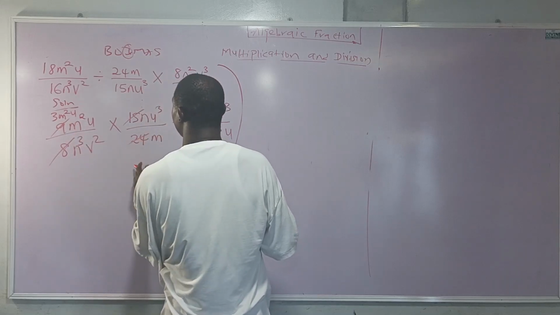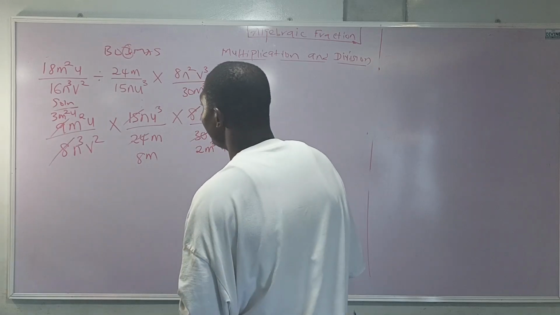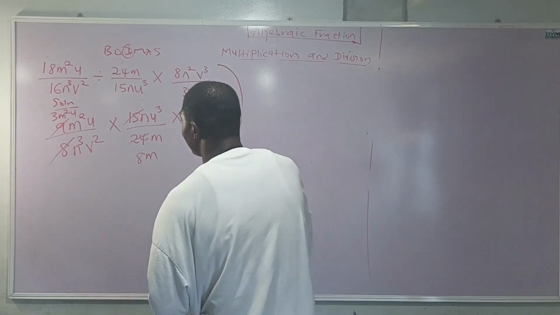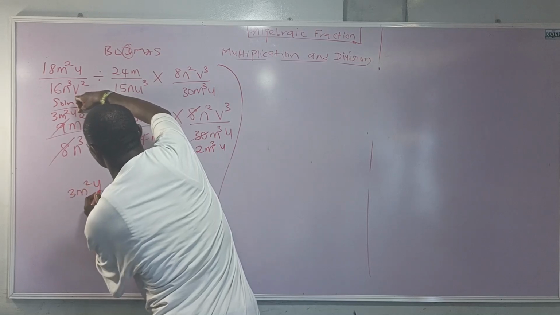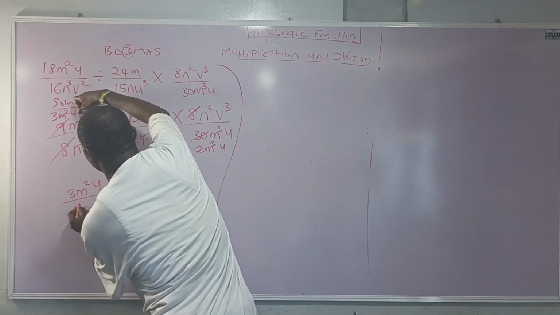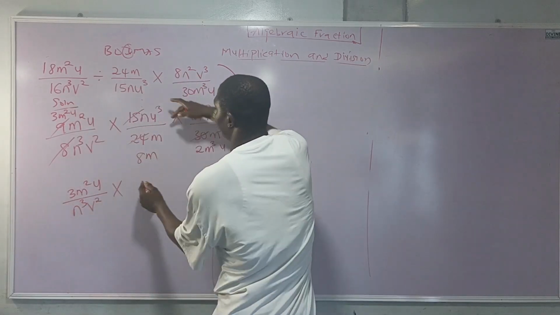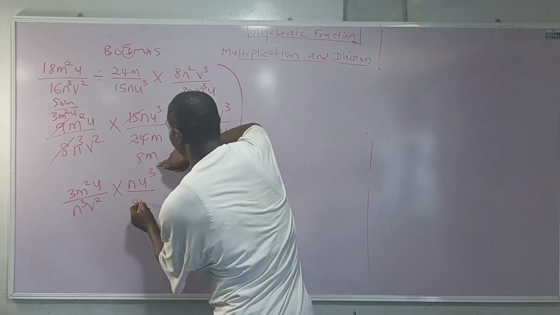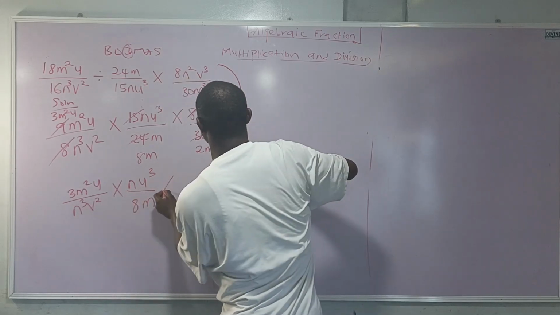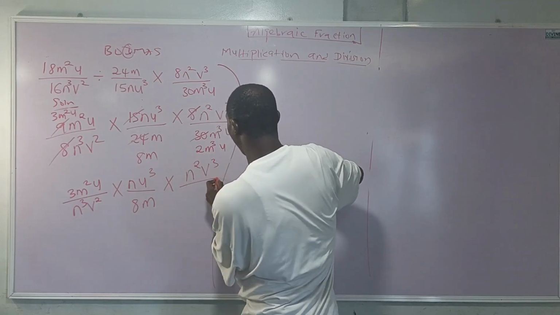And 3 here will give me 7, 8. 8 what? M. Now writing all of it the way it is, I will have 3m squared u all over n cubed v squared times nu cubed all over 8m times again n squared v cubed all over